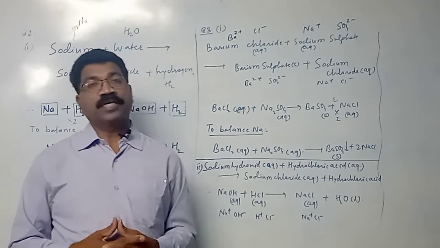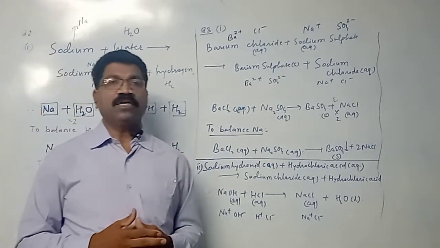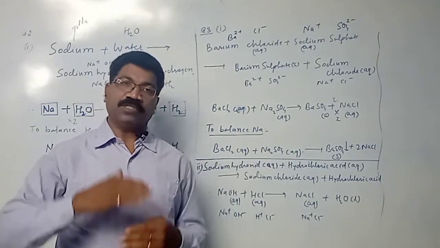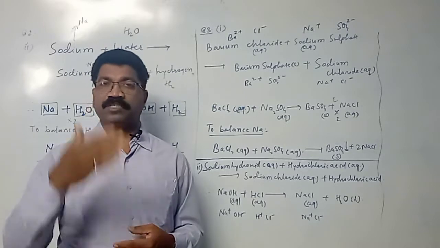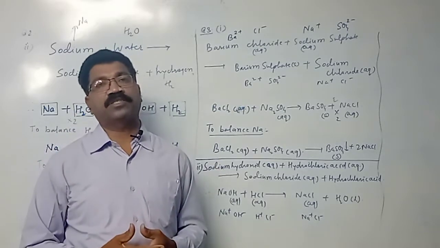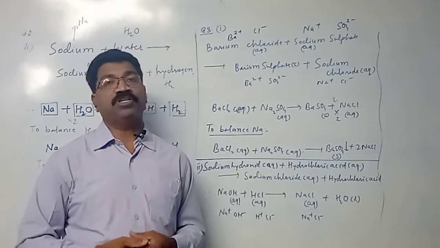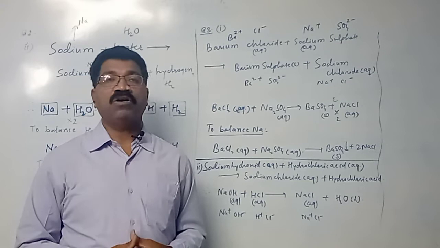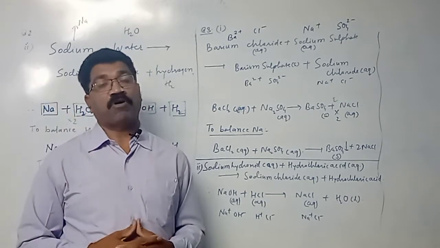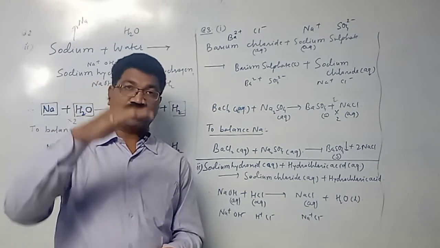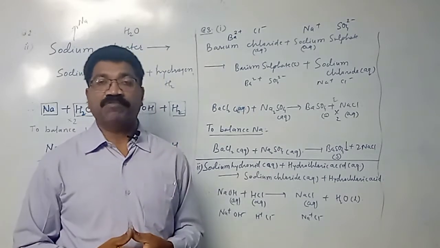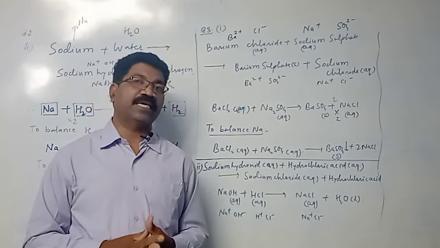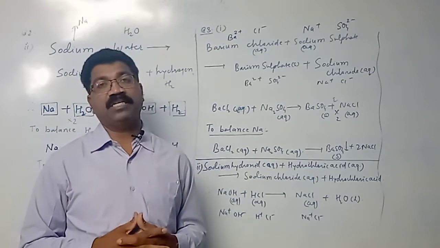Then next we have seen that a chemical reaction is associated with a change in temperature. If it is an exothermic reaction, the temperature of the reaction increases. If it is an endothermic reaction, the temperature decreases. Then there will be evolution of gases, or a change in color, or formation of a precipitate, that is, a solid substance settling down at the bottom of the reaction vessel. If these kinds of changes occur, we say that there is a chemical reaction, a chemical change.